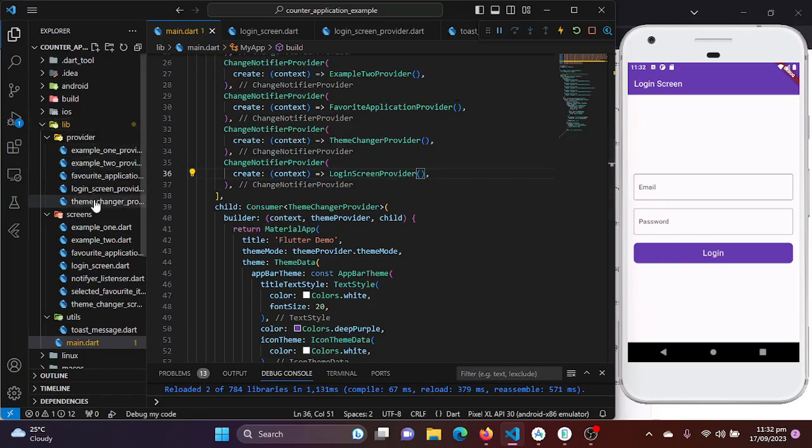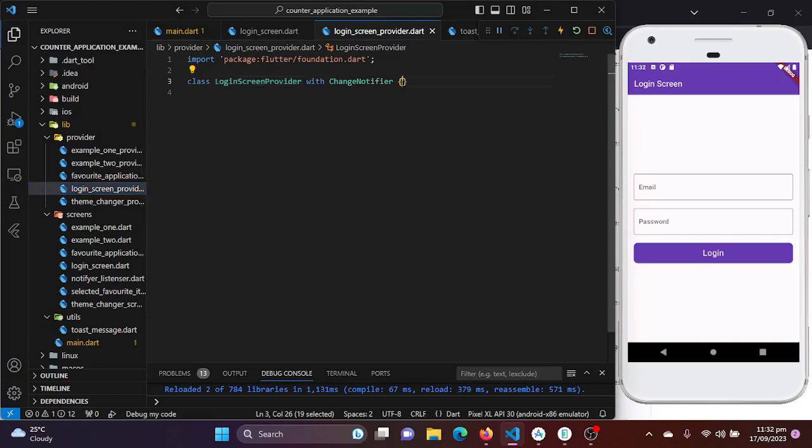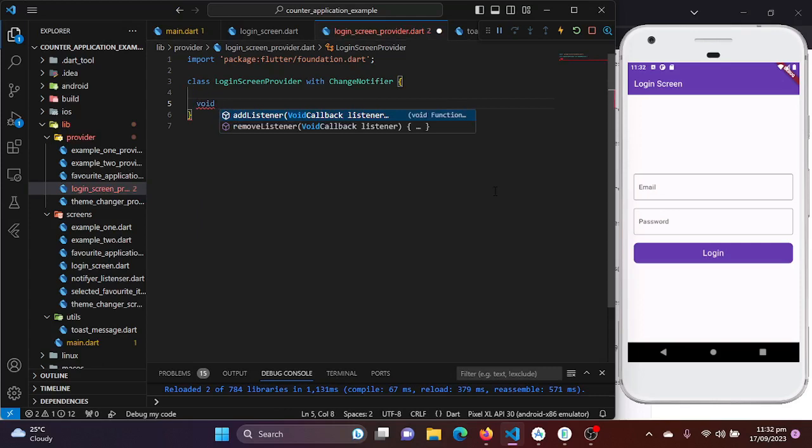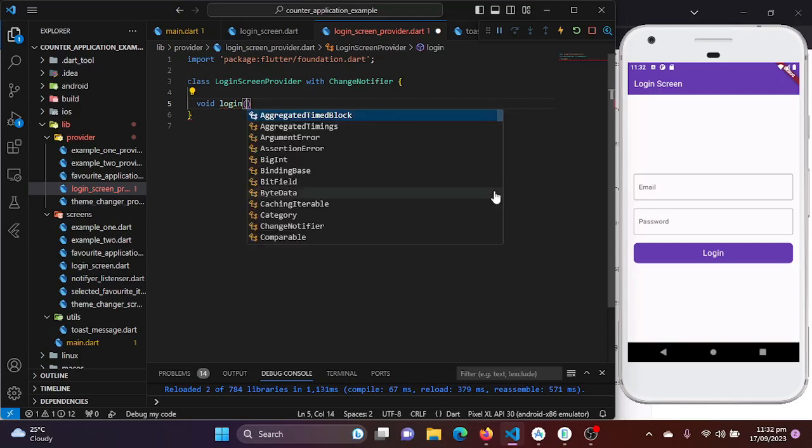Now let's implement the logic. How can we perform and use the APIs for login? Here I will be creating a function called login. In this function I will create all the logic and perform how we use our API and send